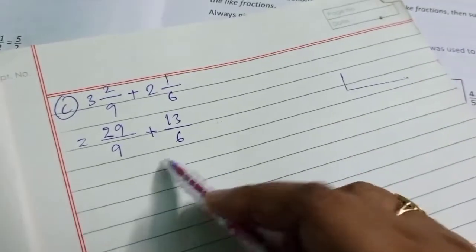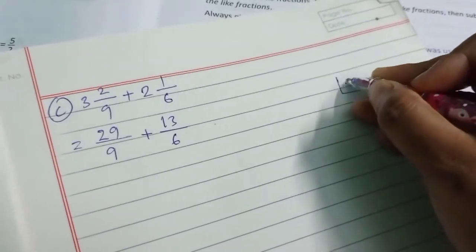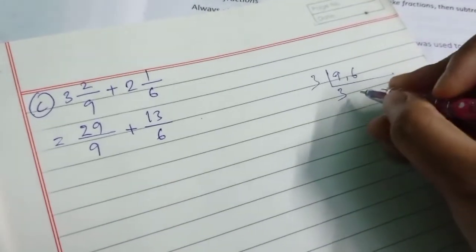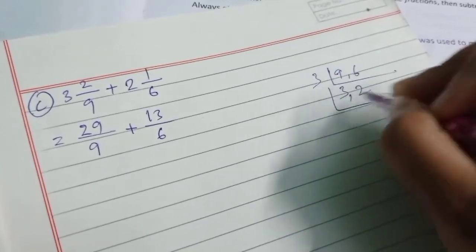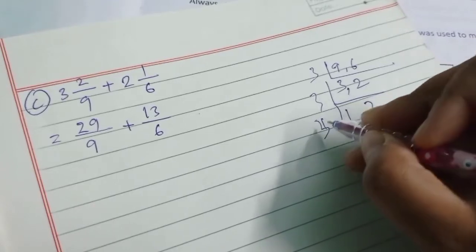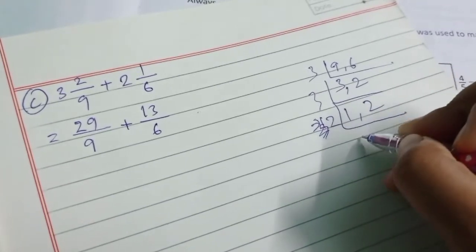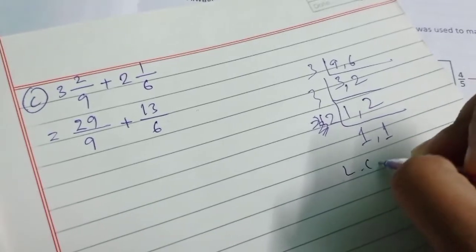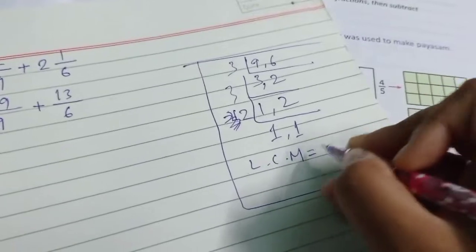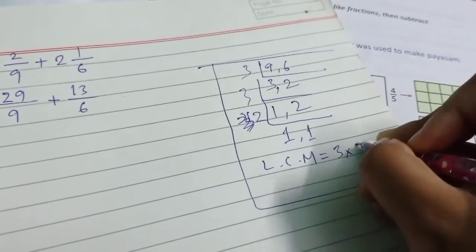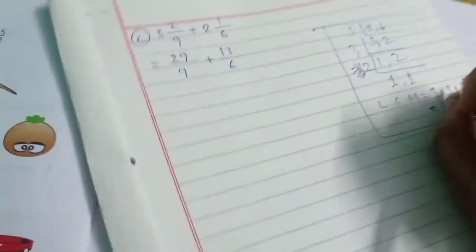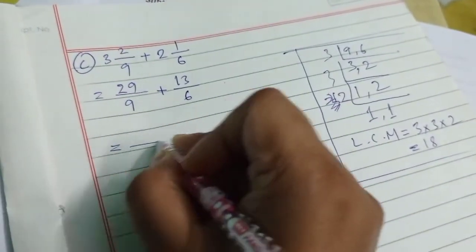Now for the denominators you need to find the LCM, because these are not multiples of each other, that's why you have to find the LCM. If you have confusion, directly find the LCM, it's better. So 3 1s are 3, 2 will be there, 1 1 1. So the LCM is, this is rough work. Nicely you write it, I am writing it. So 9 2s are 18, you get 18, right?